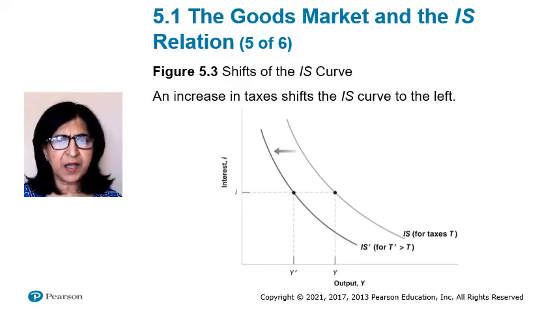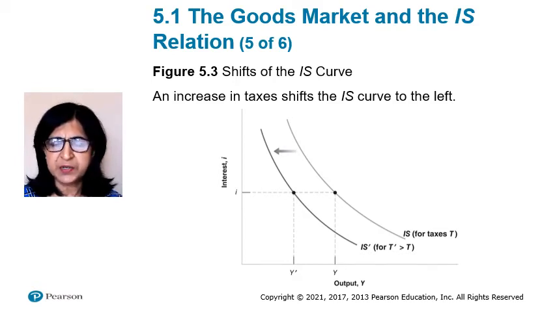Shifts of the IS curve. The IS curve gives the equilibrium level of output as a function of the interest rate. It is drawn for given values of taxes and spending. Now consider an increase in taxes from T to T prime. At a given interest rate I,